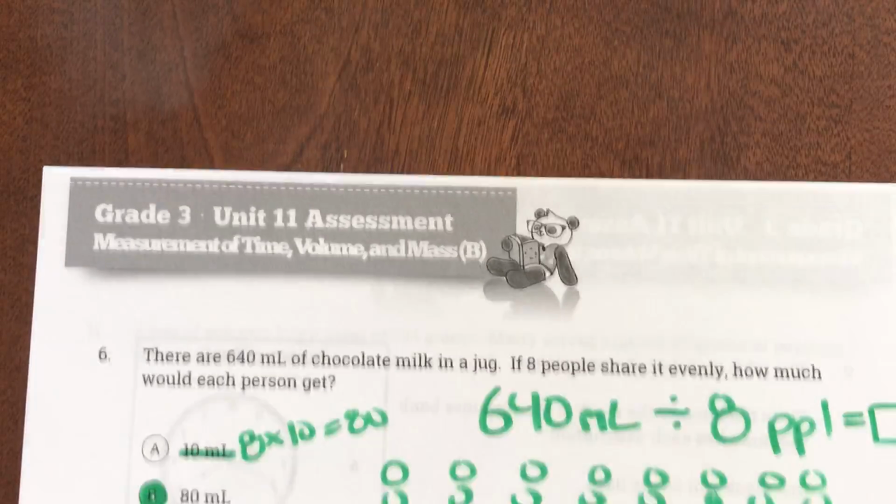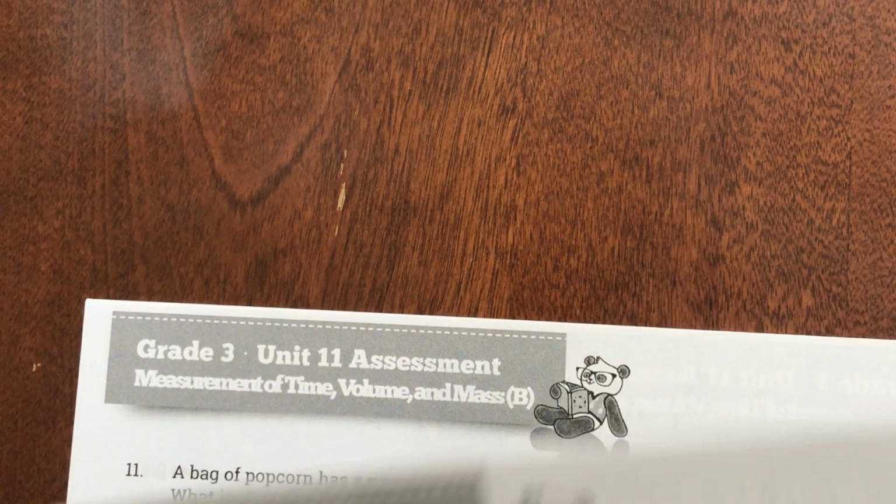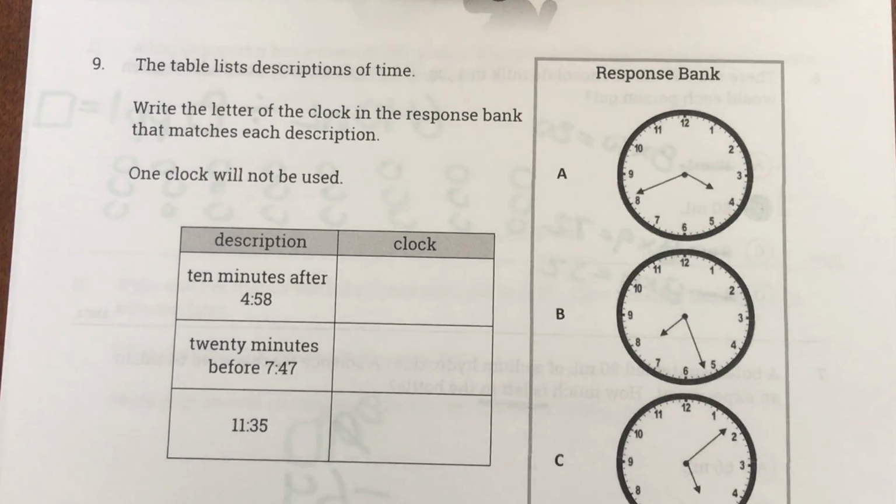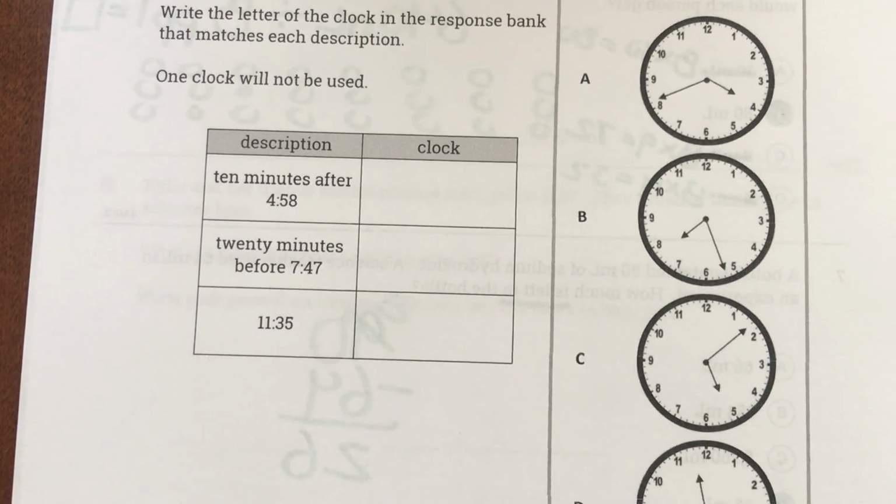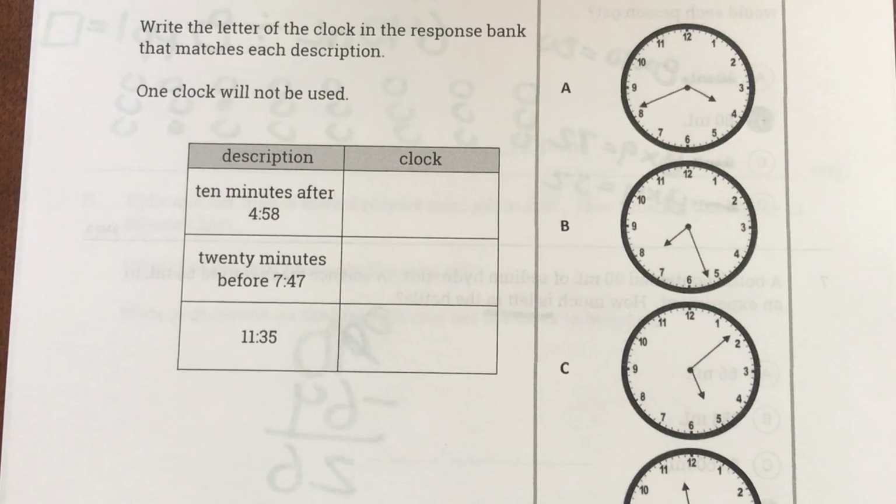Okay, let's look at number 9. Number 9 says, the table lists descriptions of time. Write the letter of the clock in the response bank that matches each description. 1 clock will not be used. Okay, if 1 clock will not be used, how I would probably go about this, ladies and gentlemen, is the